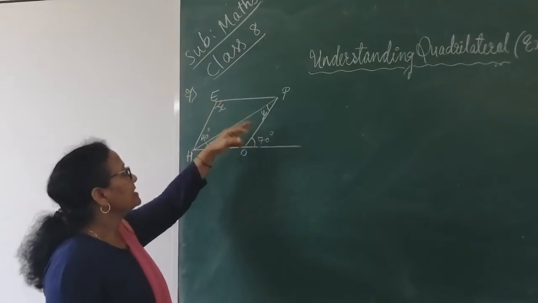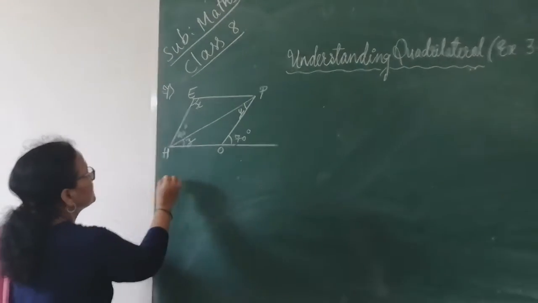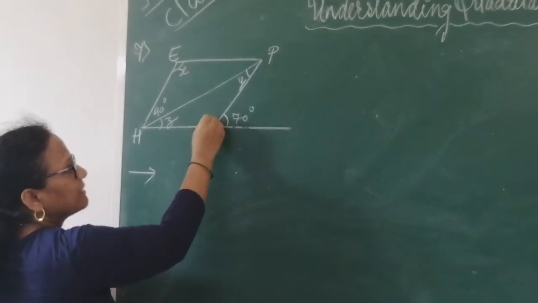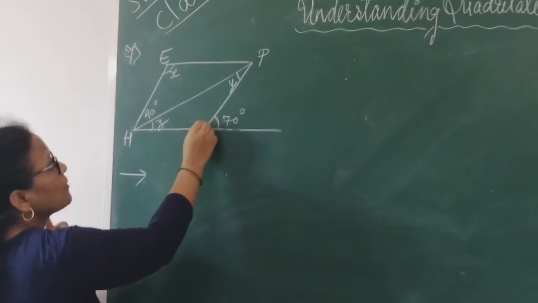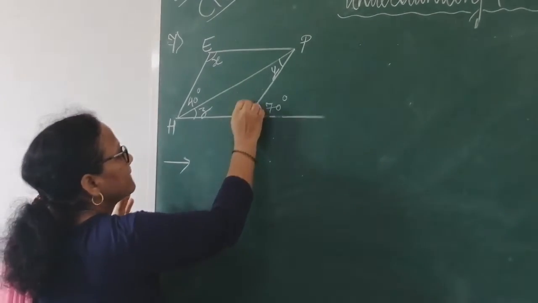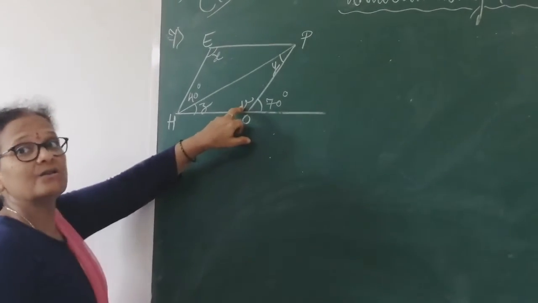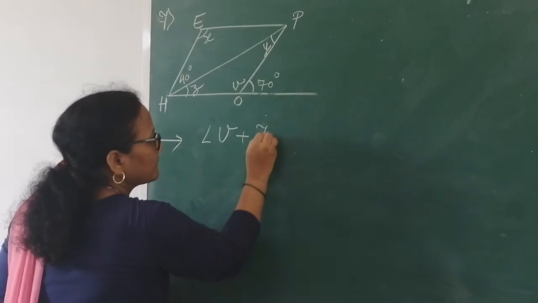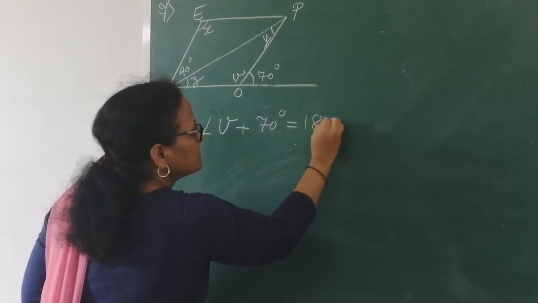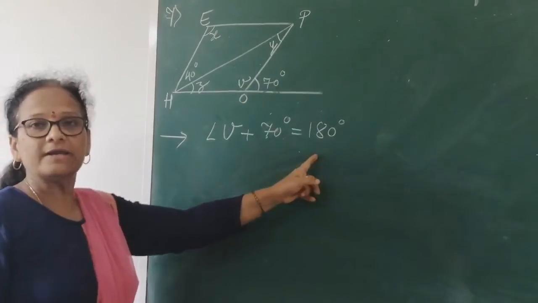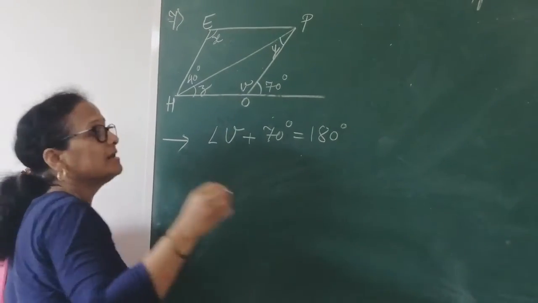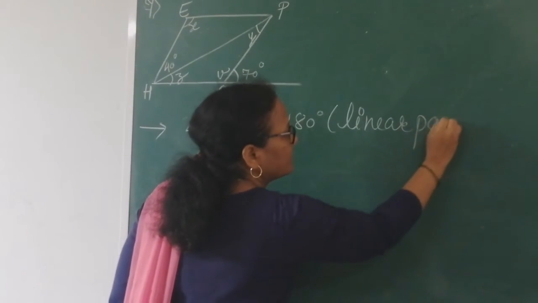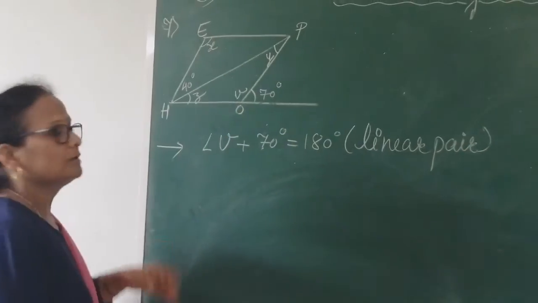Okay, here the values of x, y and z we have to find out. See here. This is given 70 degrees. Okay, and it is 70, that means this you have to find out first. For this, we will consider this as V. Now to find out the angle V, what will be the rule? It is already discussed. V plus 70 is equal to 180. Why do these two sum to 180? Because these two angles are a linear pair of angles. Okay. This is already discussed. And what is a linear pair? That also I have discussed with you.